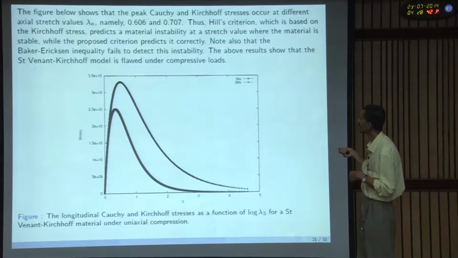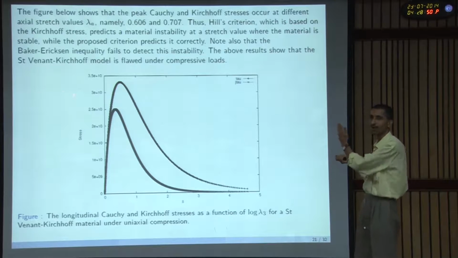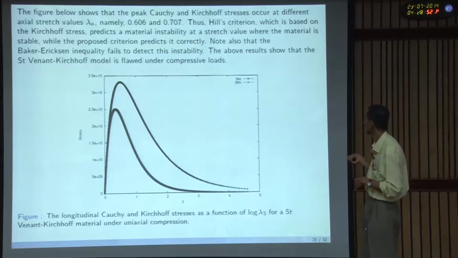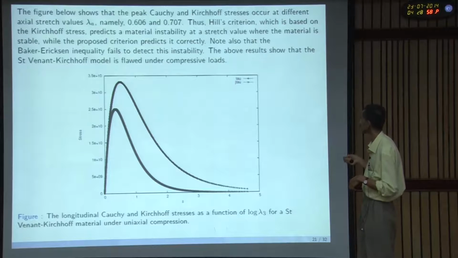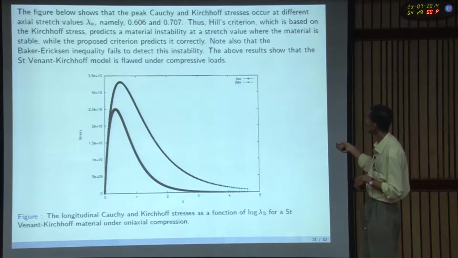So that is based on the Kirchhoff stress. So you can see this slight shift here. So Hill's criterion will predict it at a slightly off value, offset, because that is based on this J tau. This J tau is J into tau actually, and this tau is the actual stress tensor. And so you will find slight differences between the predictions.